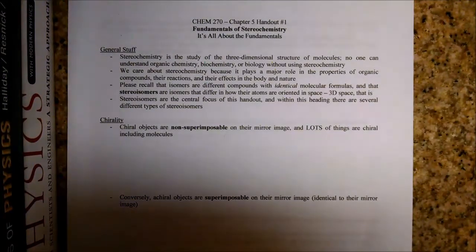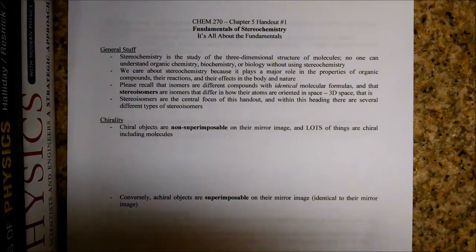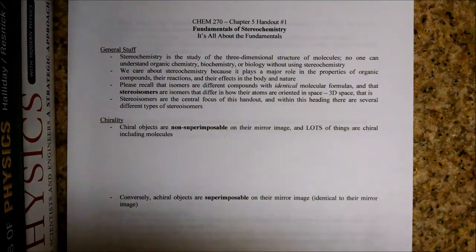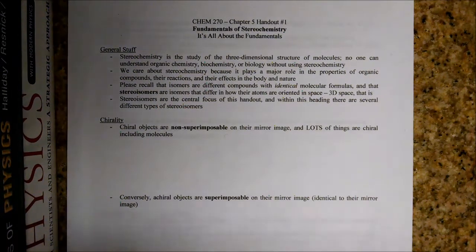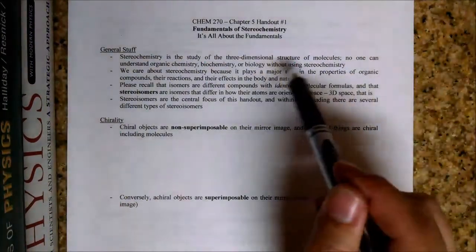Alright, so chapter 5 is all about stereochemistry, which is imagining things in 3D and analyzing molecules in 3D. We just got finished looking at cyclohexane, which is in 3 dimensions, and so I figured why should we go to chapter 4 when chapter 5 is again all about 3D. Okay, so we're on to chapter 5, and again, as I said, stereochemistry is a study of three-dimensional structure of